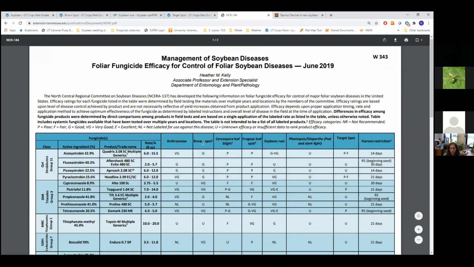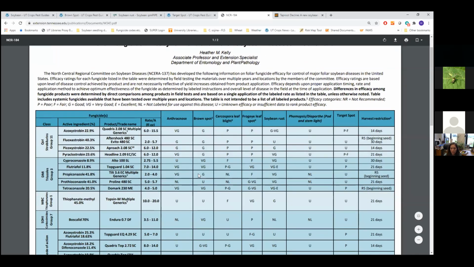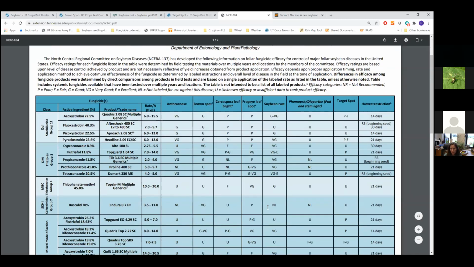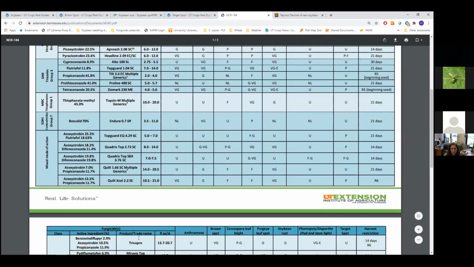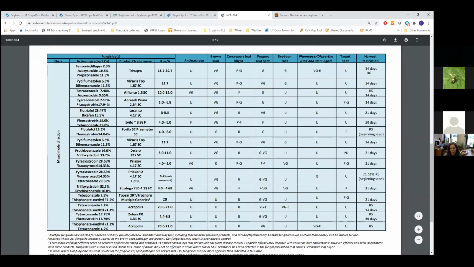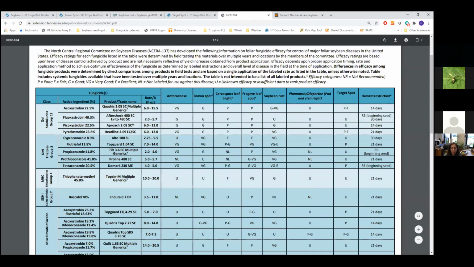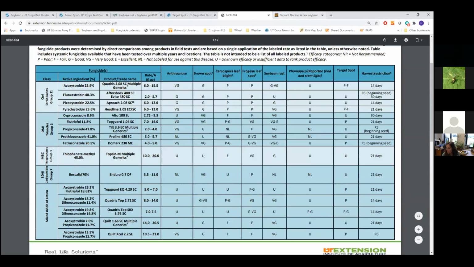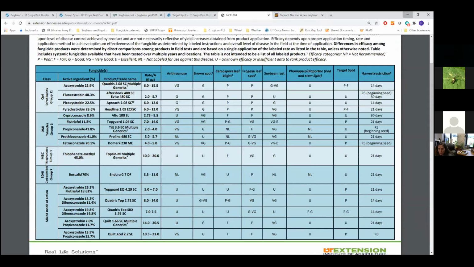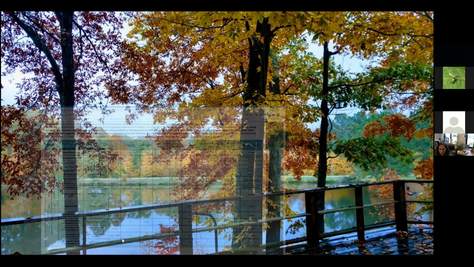And so across the top, you have your different diseases listed, as well as your harvest restrictions. And then going down, they're rated anywhere from poor to excellent. U is unknown, you know, and so we have a lot of options, a lot of new fungicides on the market that we're continuing to gather data on. But for frog eye leaf spot, for most of them is where we have the most data and have ratings for all of frog eye leaf spot. And so moving back to the PowerPoint now,